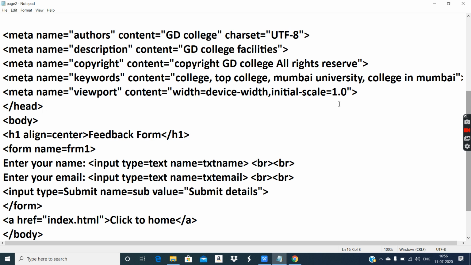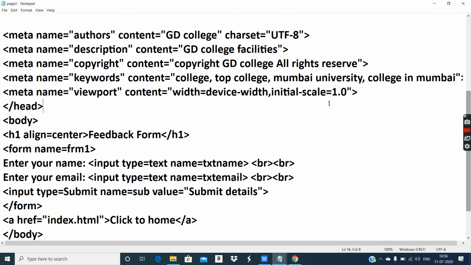Okay, when I talk about mobile devices, that means smartphones, tablets of various screen size, various hardware platform. The website will adjust itself nicely so that it fits in the screen properly and the contents are also properly displayed.